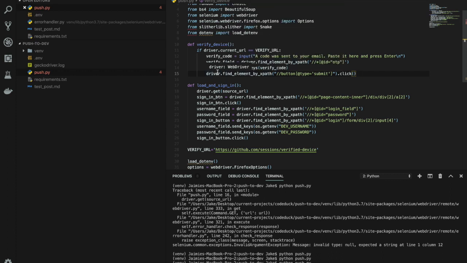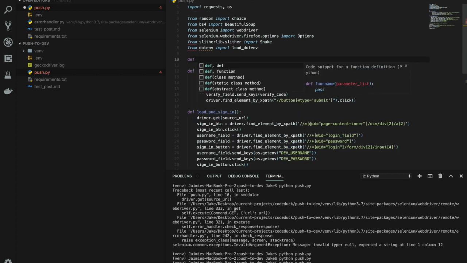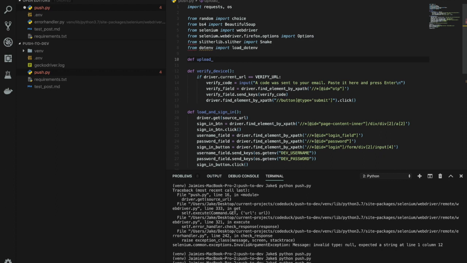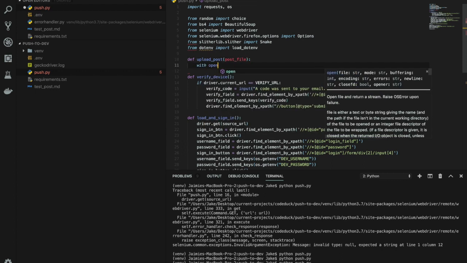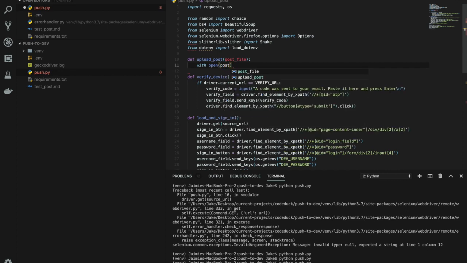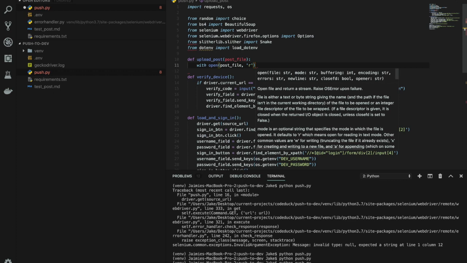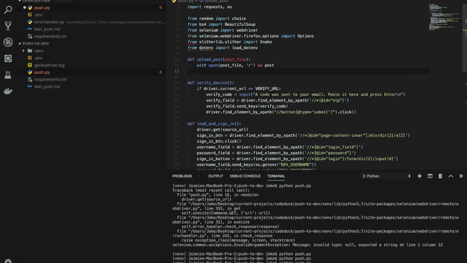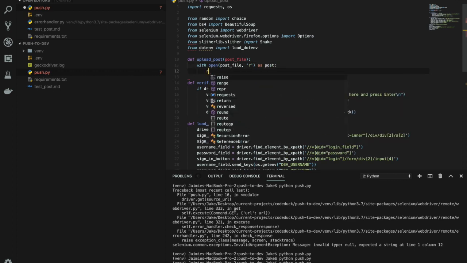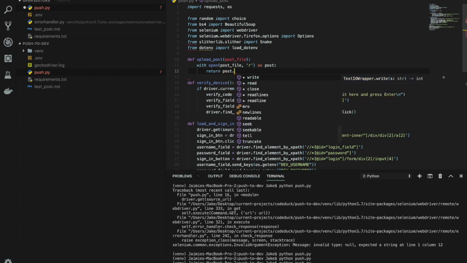And now we're going to define another function, which is going to be actually to upload our post. So to upload our post, we are going to define a function, and we're going to give it an argument. And that argument is going to be the post's file, which in this case is testpost.md, the markdown file. We're going to do some file IO, which is with open the post file. We're going to open it as read because we do not need to edit it, and we're going to do that as post. And then we're just going to return the post content, so post.read,